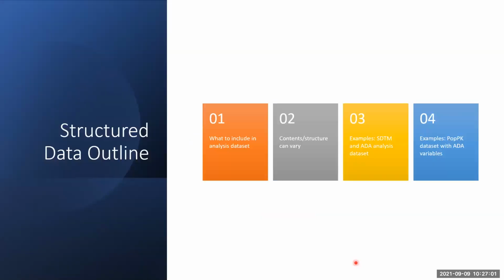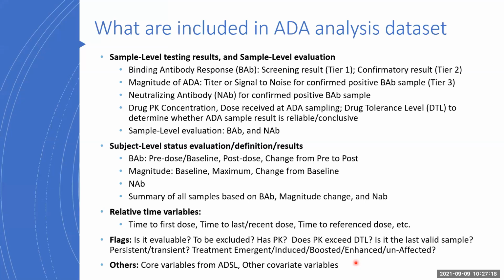Yeah, so we will talk about what will be included in the analysis dataset, and contents can be varied, and examples in the SDTM, ADA analysis, and the PK dataset with the ADA variables. Next slide, please. So first of all, let's start with the overview of what are usually included in the ADA